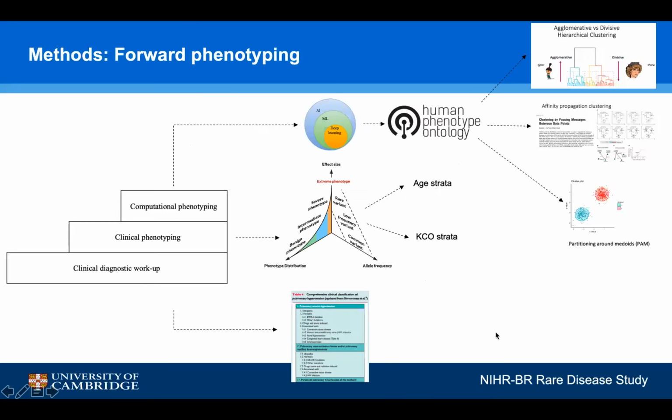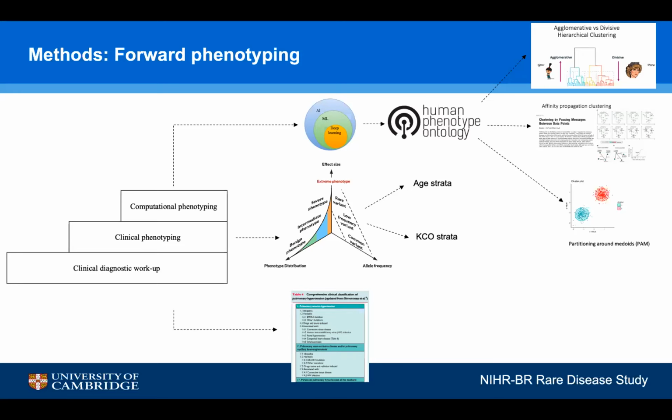As I mentioned before, we performed forward phenotyping in 3 stages. So we annotated all the patients with their diagnostic group and subgroup labels. We then used clinical phenotyping, which was mostly based on extreme phenotype approach. So we divided patients into age strata, which is particularly important for our patient who ended up in the highest age strata, and by KCO strata. Low KCO is a typical feature of patients with pulmonary vascular diseases and characteristic